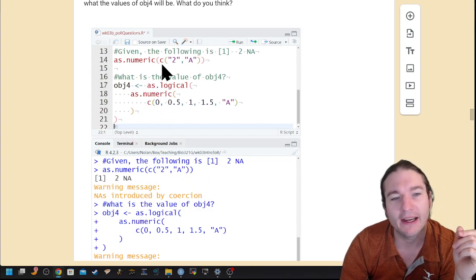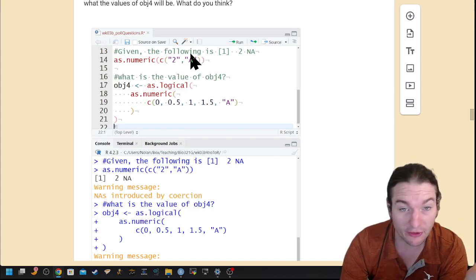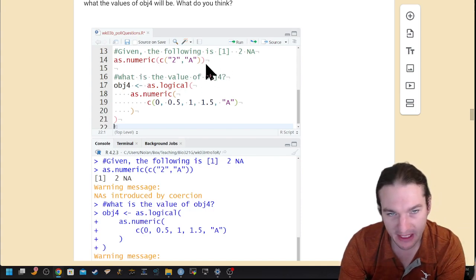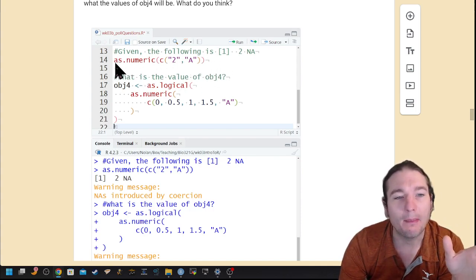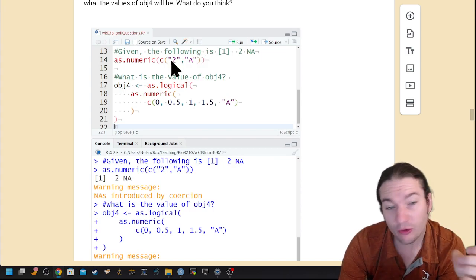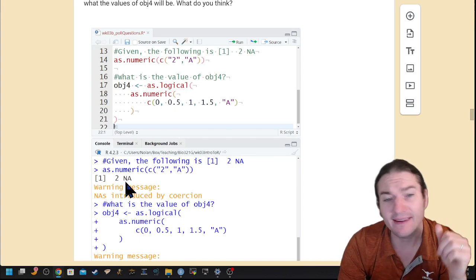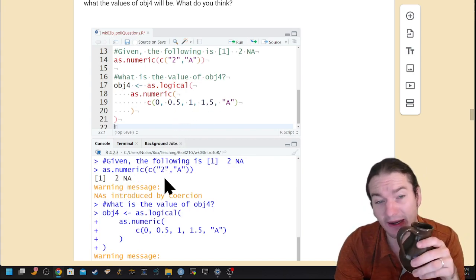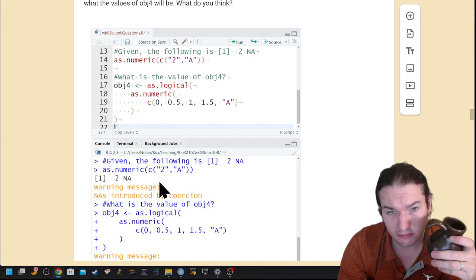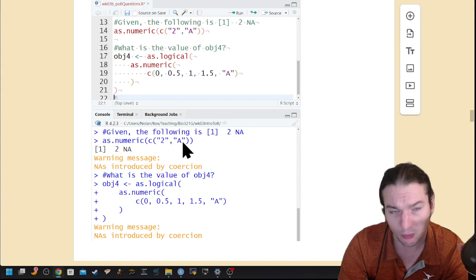It says that if I combine 2 and A into a single character vector, because of the A, and then try to convert them into numeric values, the 2 absolutely works. Someone wrote that in, that works. But the A does not manage to make the conversion. It fails, and so it becomes missing information. That produces this warning message.